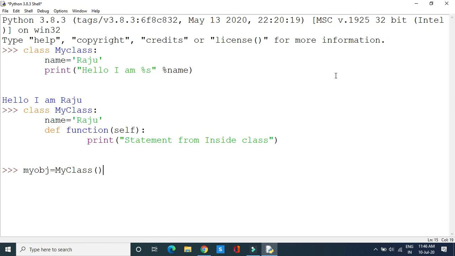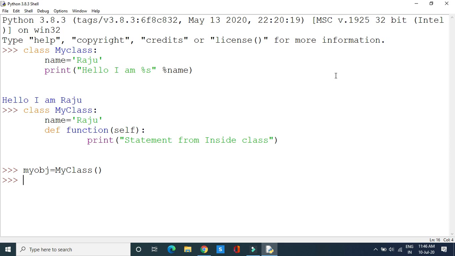Remember, in other programming languages like Java, we use the new keyword to create the object. But in Python, it is not necessary to use the keyword. Directly you can mention the object name, the assignment operator, and the class name. Then you press the enter button.